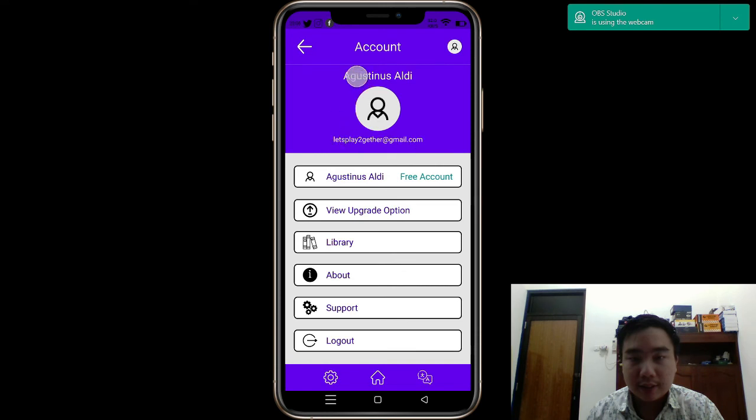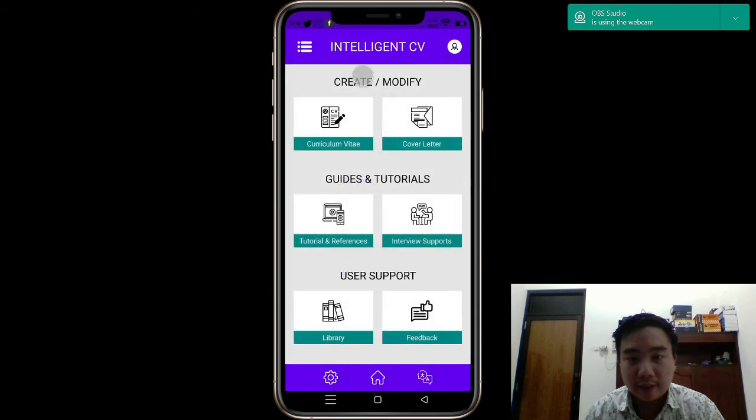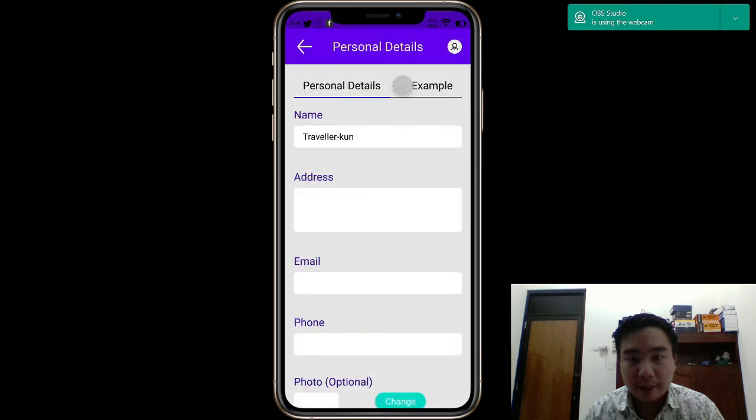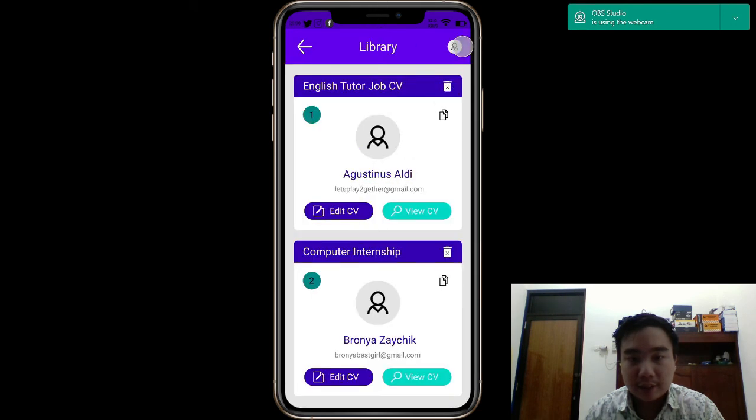You can see that this will display our account, with our current free account or something like that. And then there's also this to upgrade the app itself, the service. There's also this shortcut to the library for the app and the support, and we can also log out from our account. So here it will help if we are deep in making this, and then we need to check our library or something. It can also help.